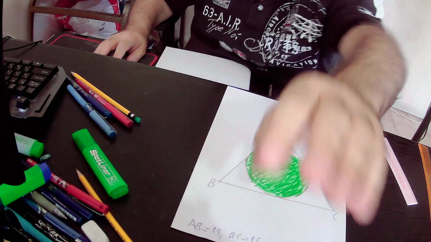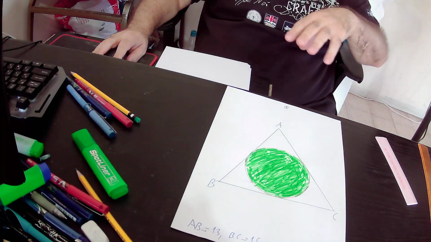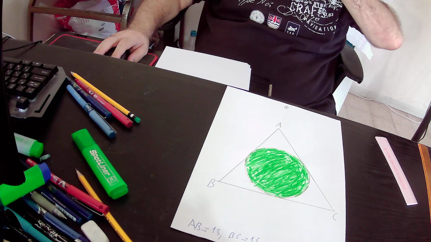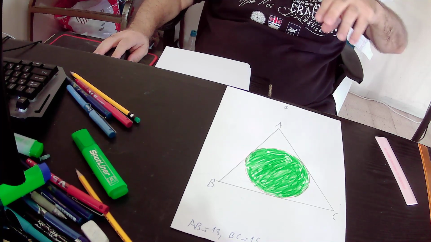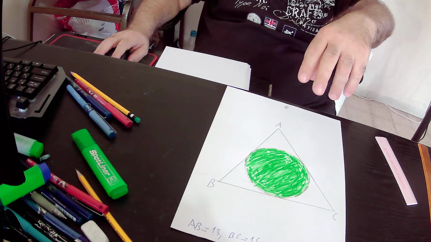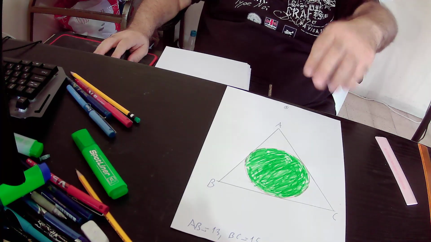Now, in this lecture, we will find the area of the green circle. In the drawing, we have triangle ABC and a green circle that is inscribed inside the triangle,